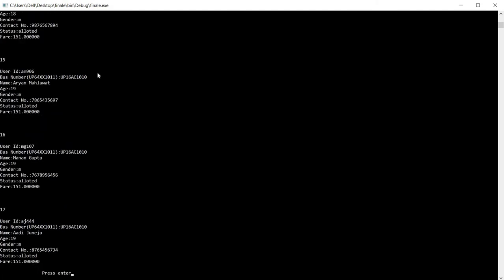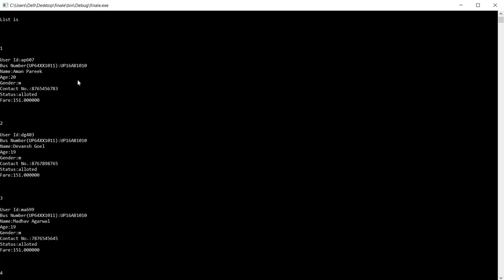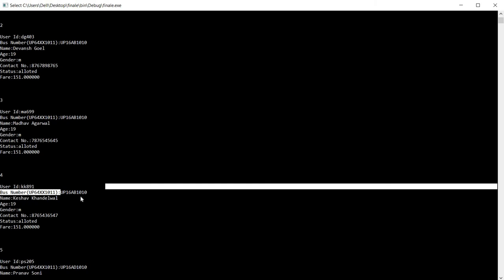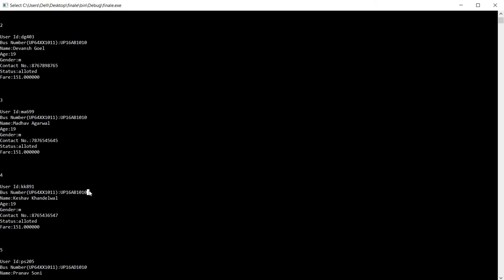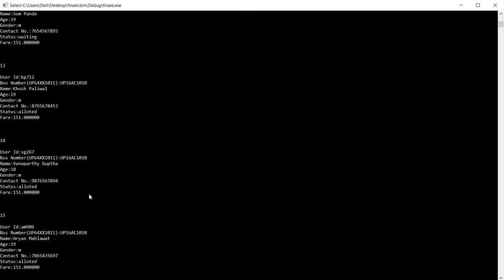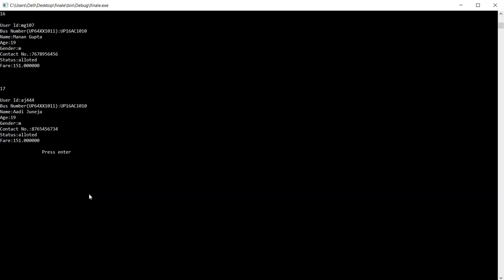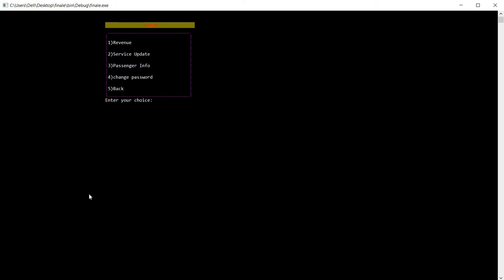I'll go here, and here as you can see I have 1, 2, 3 and 4. I have 4 persons in the bus number UP16AB1010, right? And the bus can only accommodate 5 people. So let's try booking in the bus.